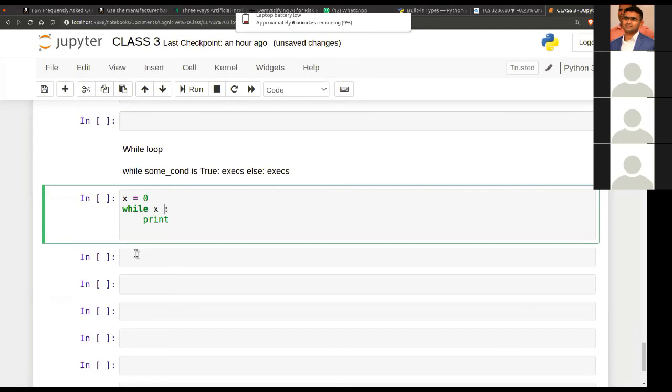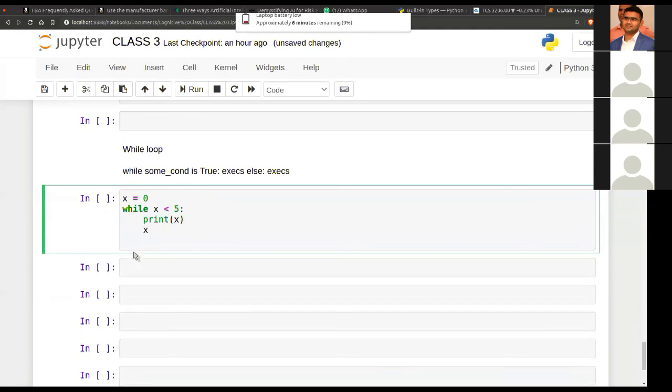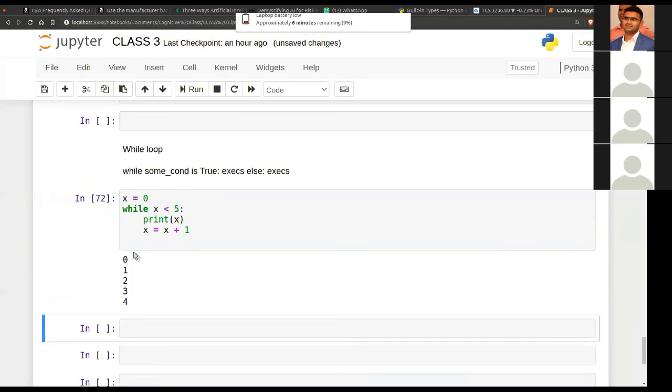Okay, while x is less than 5, print x. So what do we expect over here?